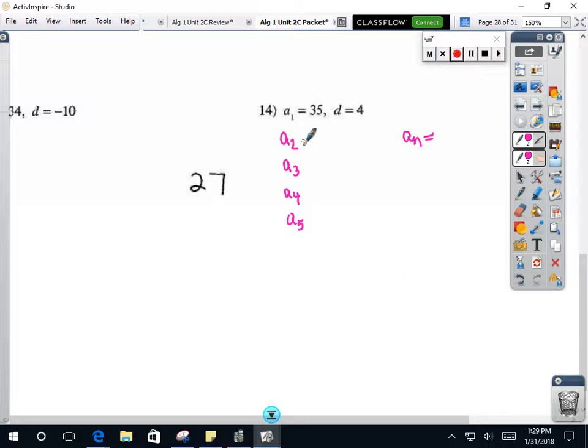Okay, now we know the first term is 35. How do you easily know what the next term is? Right, if the common difference is positive 4, that means you're adding 4. So 39, then,